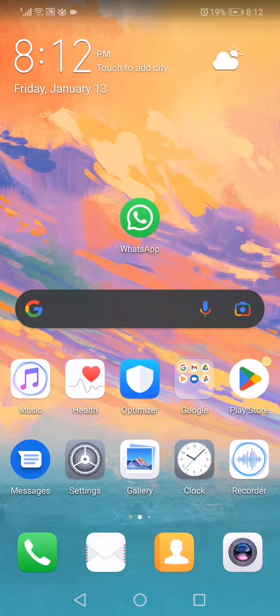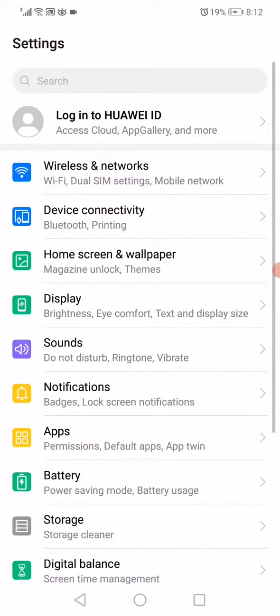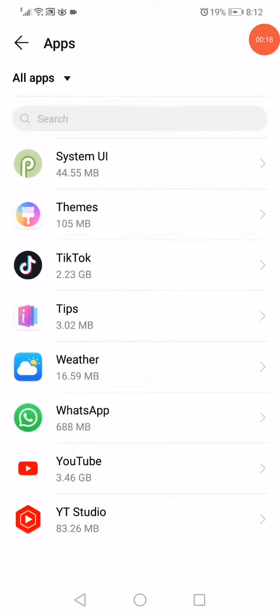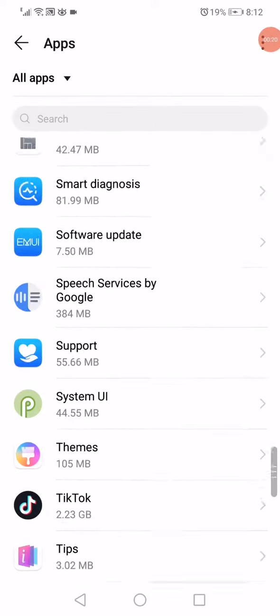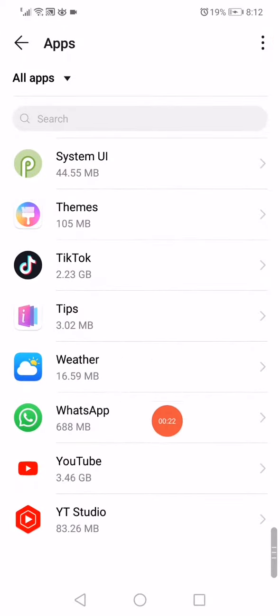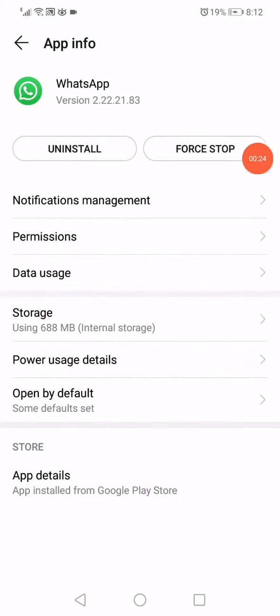First thing you wanna do guys is open the settings on your phone and then go to the apps manager. Open the apps like this, and then on this page you will find all the apps that you have on your phone. Go to the WhatsApp app and then click on this force stop to stop the app from running,